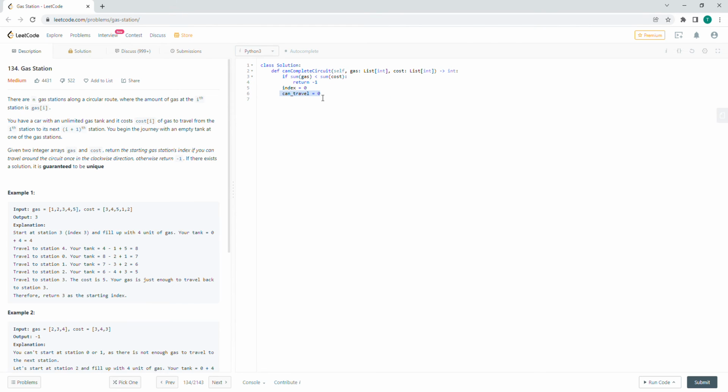And then this can travel means the value we get by taking the gas at index I minus the cost. If we could do that, that means we could travel to that index. Alright, and that's pretty much it: iterate through for I in the range of the length of gas or cost, it doesn't matter because they're both the same. If you can travel, we want to find the amount of